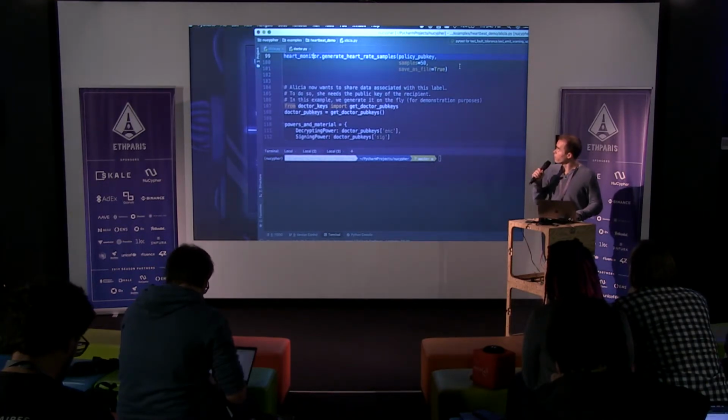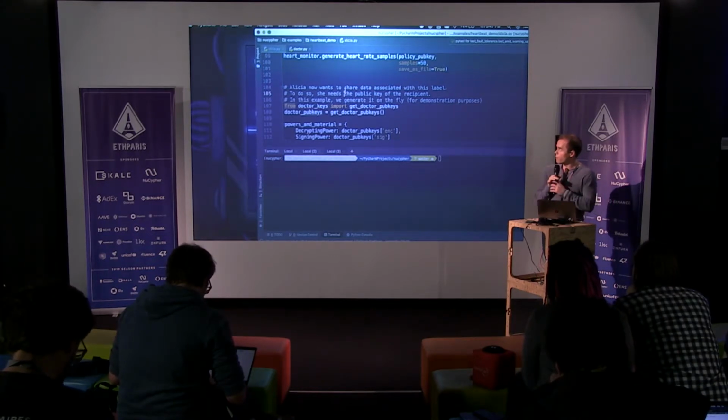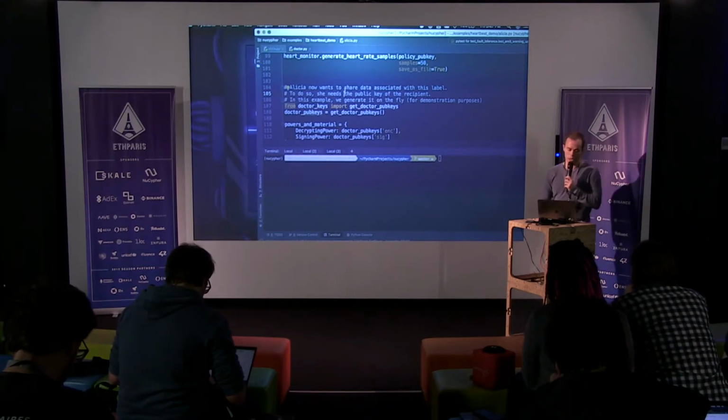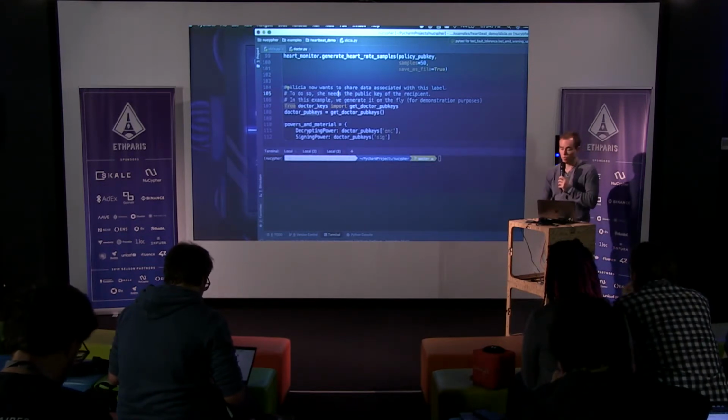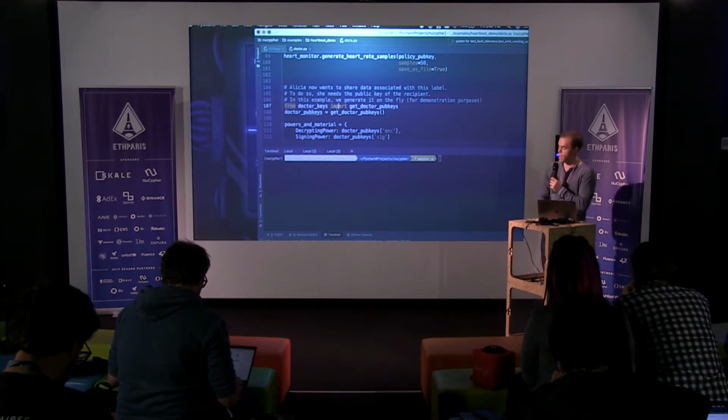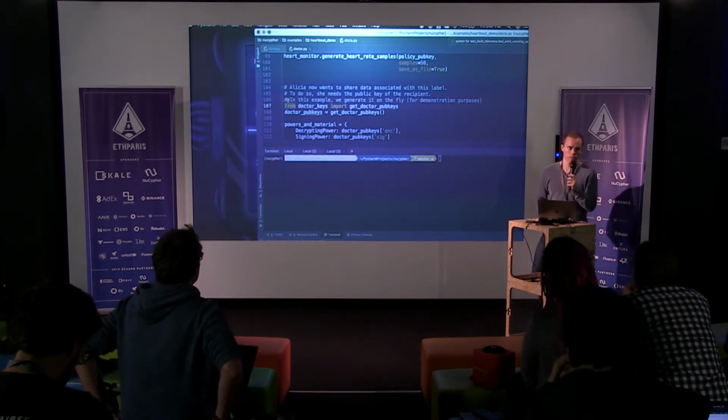And we're going to encrypt it under that policy key. So now we have a bunch of encrypted data. And now we can fast forward a little bit, and Alice can say, OK, I want to share my data with Dr. Bob. So what she needs for that is, if you remember from earlier in the presentation, a re-encryption